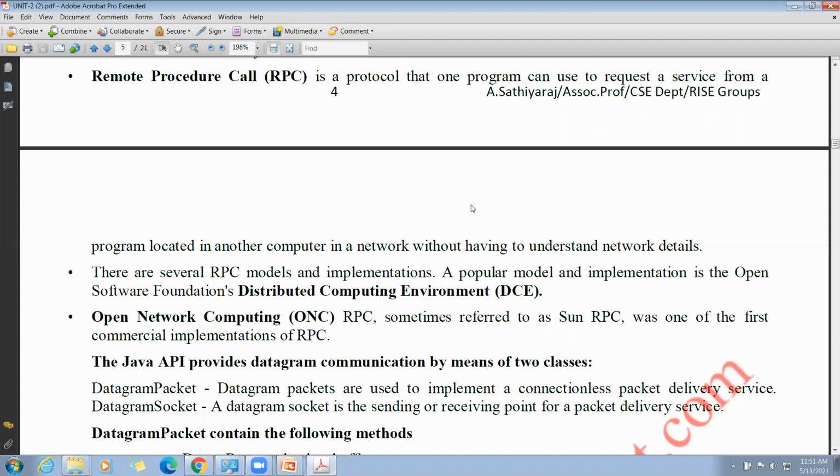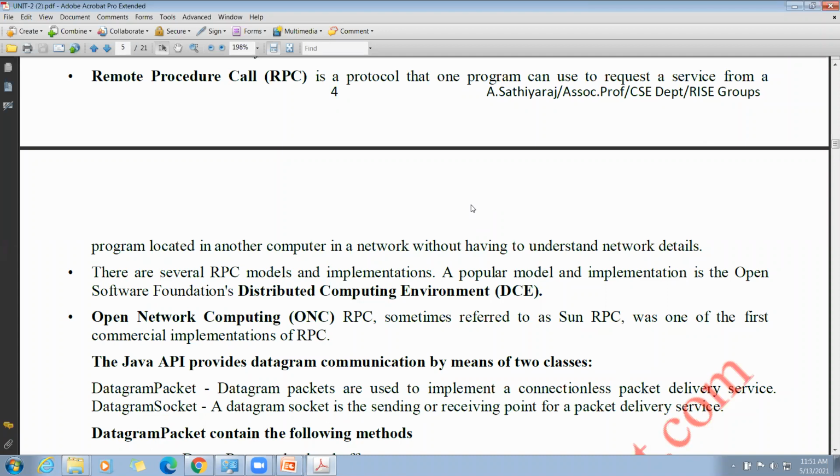You just need to understand why RPC is used. RPC means remote procedure call, a protocol that one program can use to request a service from another program located in another system.